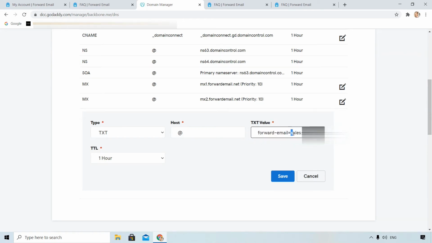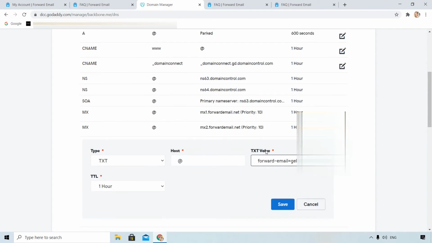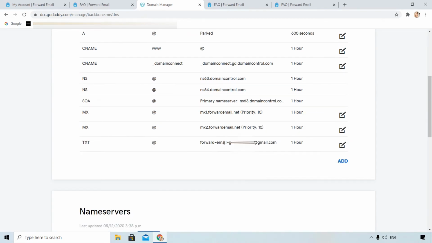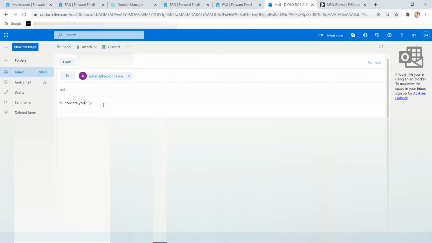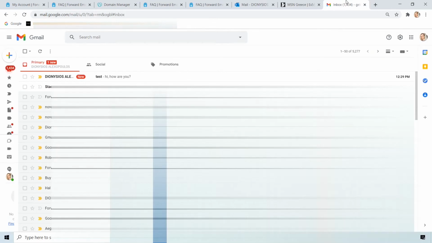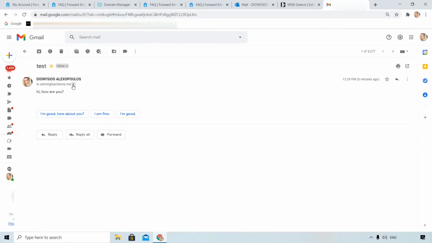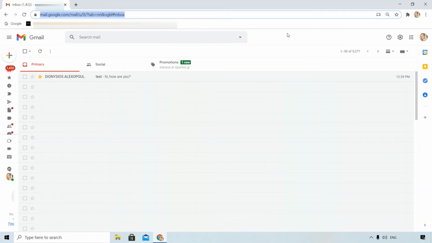If you remove sales, any mail related to backbone.me will go to that Gmail. Okay, this is how it looks in the end. Let's see if I will receive that email. And voila, it works.